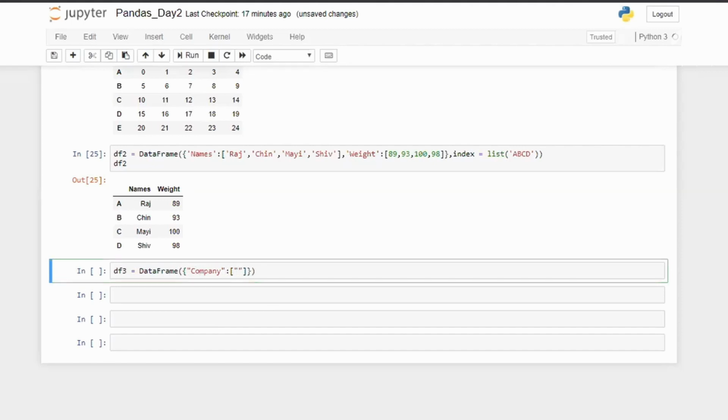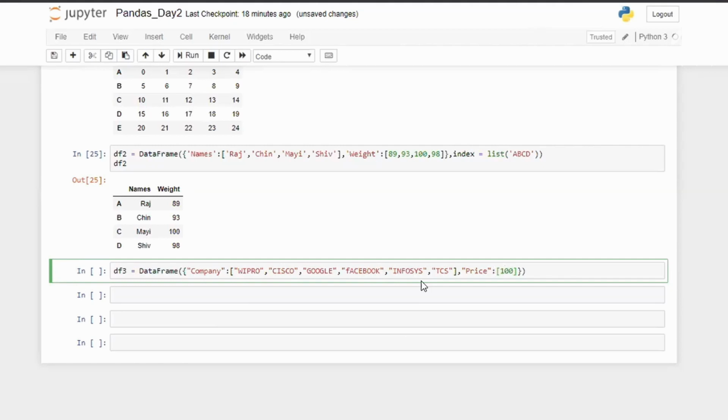I'm giving some random companies here, Facebook and so on. Then I'll make another key with price.